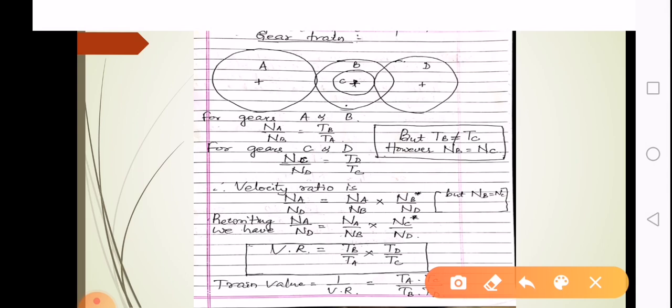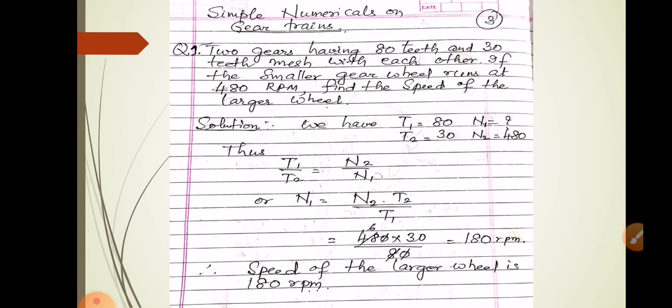So now we can see that the intermediate gears B and C play a role in the velocity ratio. In a simple gear train they were called idlers, but here we can't call them idlers. They have a very specific role. You can use these types of gear trains in order to increase or reduce the speed of the driven gear and so on. So these are very specific arrangements. Now we'll see very simple numericals, only on a simple gear train. We are not going to discuss compound gear trains.